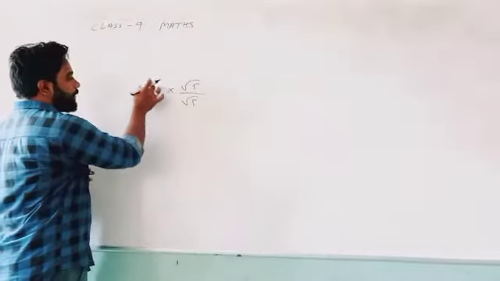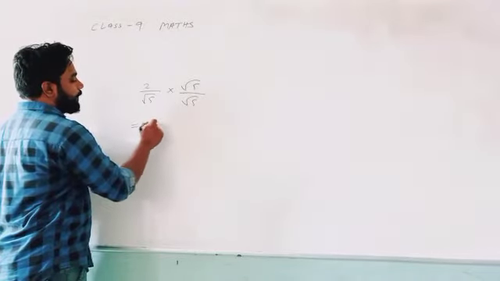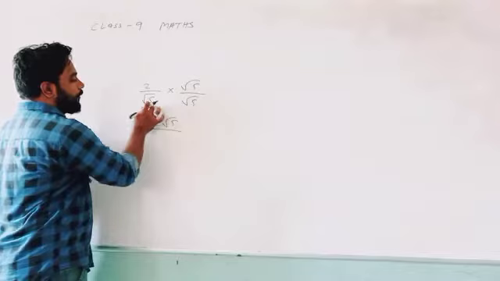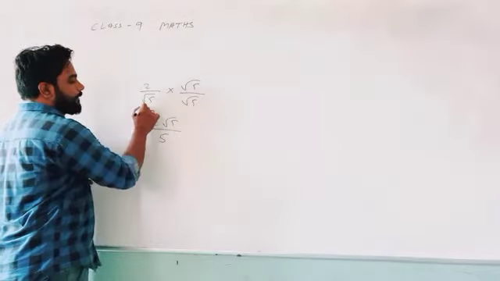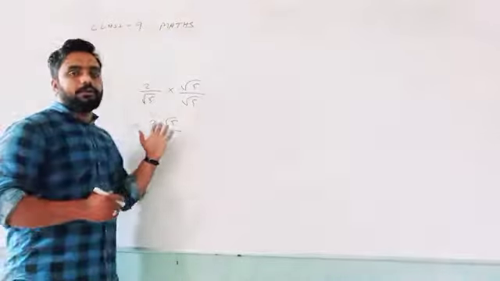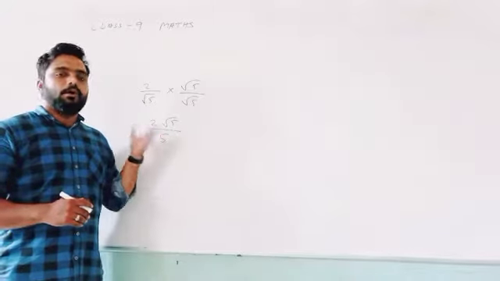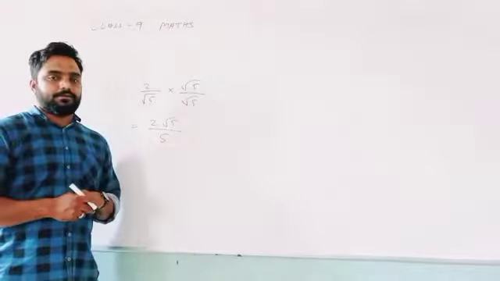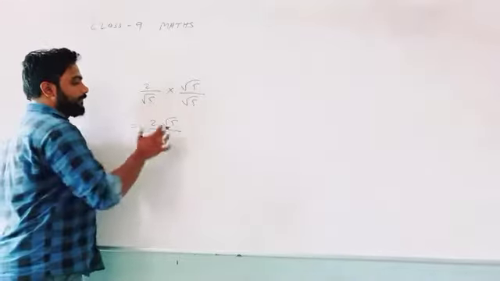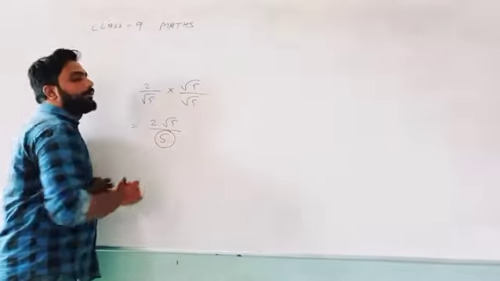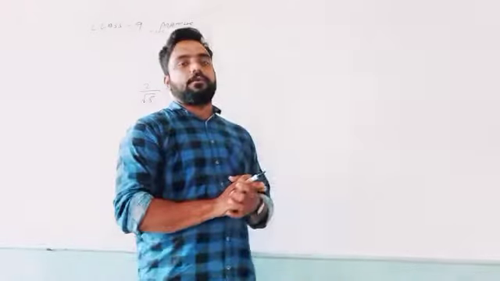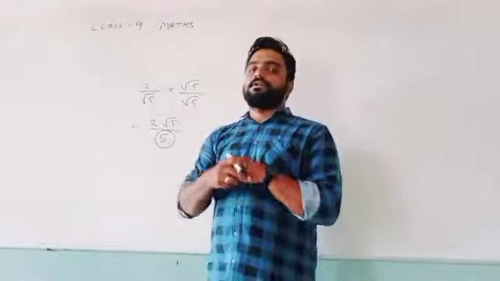Understand or not? So here the numerator multiplied with the numerator will give you 2 root 5, upon root 5 multiplied by root 5, that will give you 5. The multiplication of two root values, you can write as root 5 square, or you can also write it as 5. Understand or not? Just see, after the rationalizing method we have converted the denominator into the rational form. So the rationalizing method is used in this way.